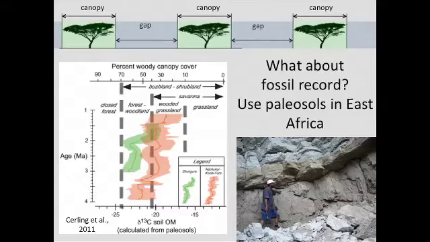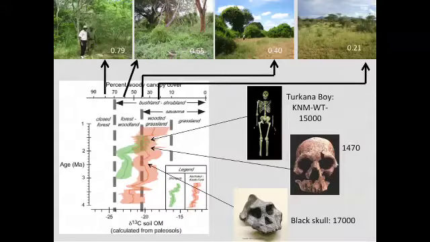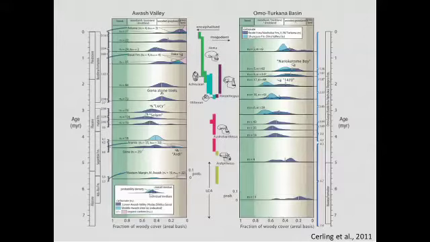This is from Lake Turkana, where there's been more than 1,000 hominin fossils found. Like Turkana Boy, 1470, and those guys. And if we look at this over time, both in the Awash region in Ethiopia and Omo Turkana Basin, for individual sites, we can begin to quantify this shade factor. Okay, what was the environment like? And that involves certainly what are the sort of decisions that an early hominin would have to make. And we were actually able to show, this gets back to where was the hominin sitting,